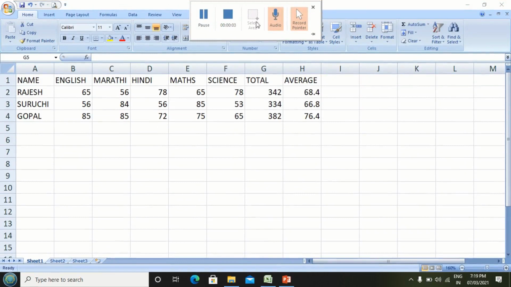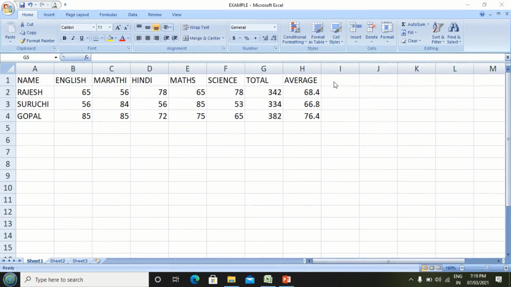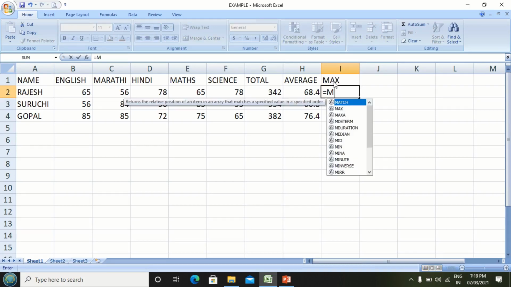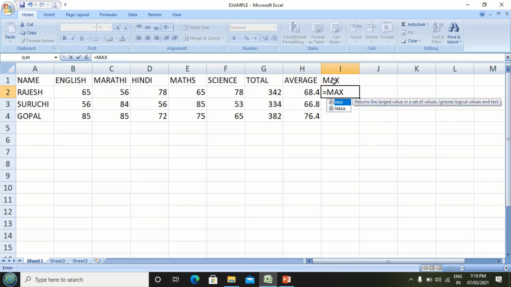Let's see the max function in the same example. Next to average, here I type max for maximum, and in the cell below it I type the max function: is equal to max, open bracket. In the open bracket, give the cell range.